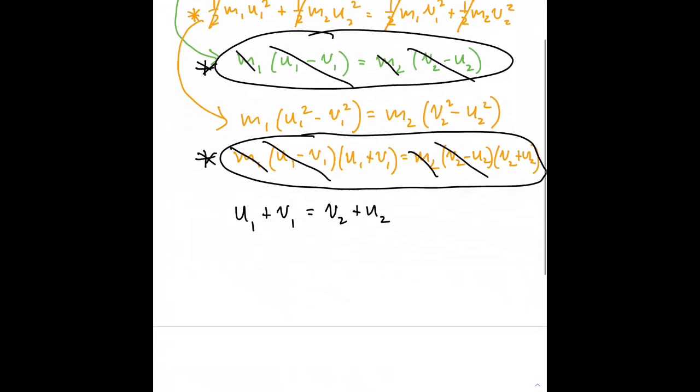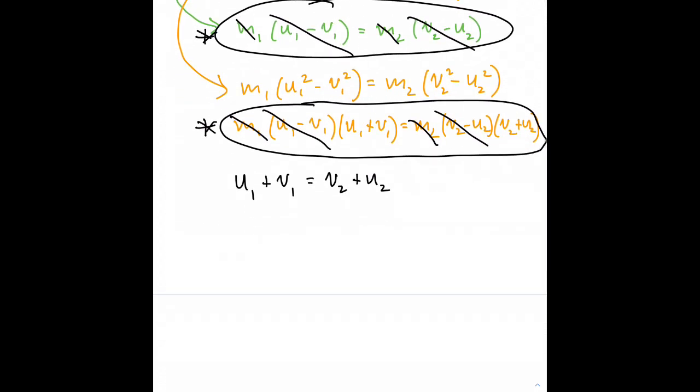I think a more meaningful way to look at this is to write it in these terms. u1 minus u2 is equal to v2 minus v1,